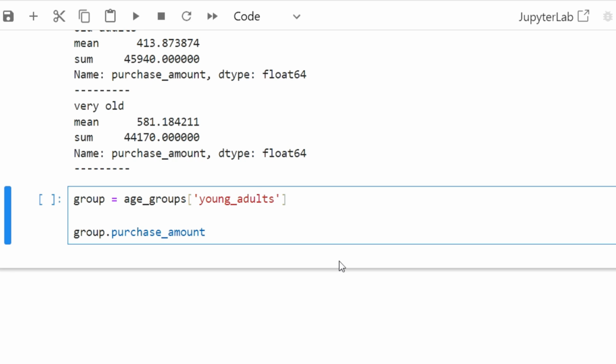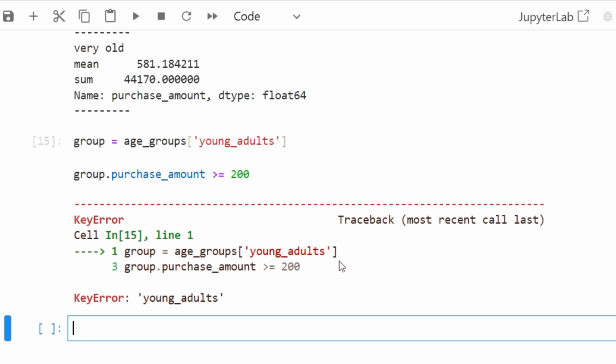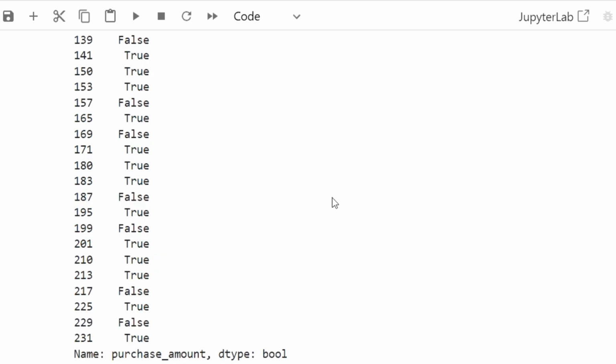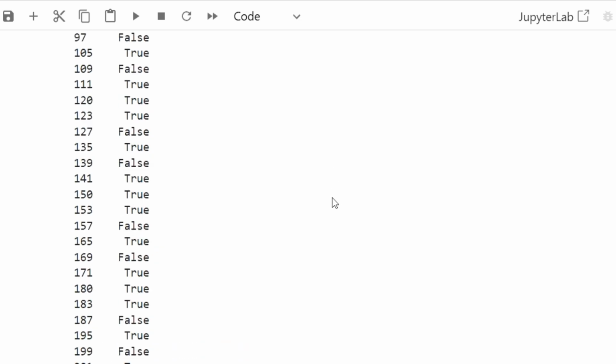And then we're going to go ahead and do our group purchase amount, and then we're going to say if they're greater than or equal to 200. This would be our mask right here. Oh, another error. I forgot to remove the underscore here between young adults, since this key in the dictionary is with a space in between. That's great. So now we have for that group, at least for young adults, we can see who has spent